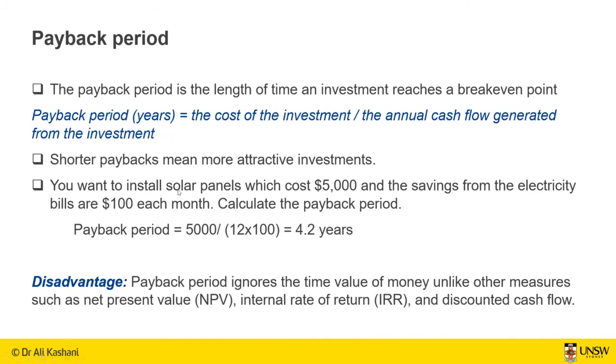So let's say that you want to install solar panels which cost $5,000, and savings from the electricity bills are $100 each month. If you want to calculate the payback period, you just put the $5,000 here as your investment, and you've got 12 months in a year, and savings of $100 per month. So you can see that the payback period is going to be